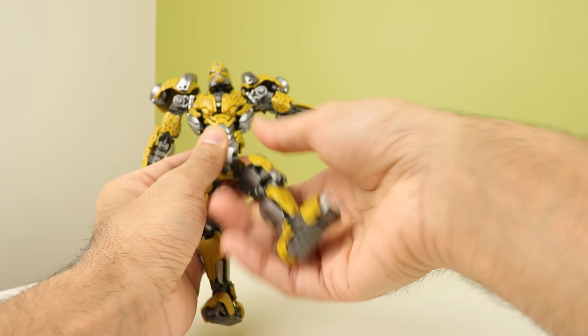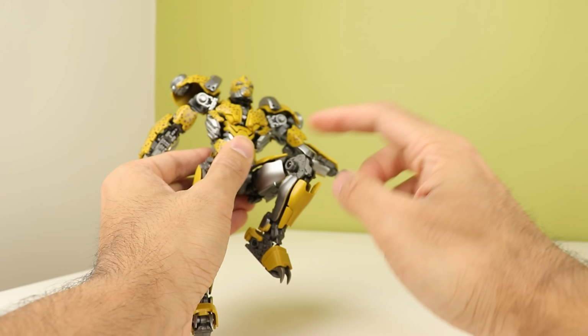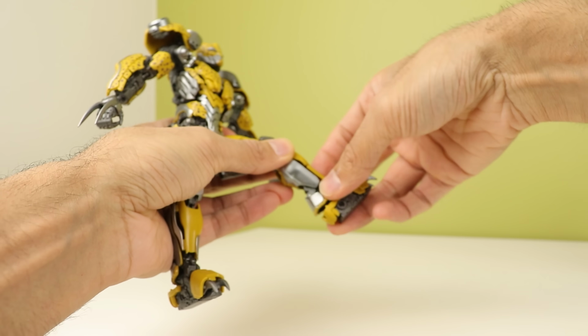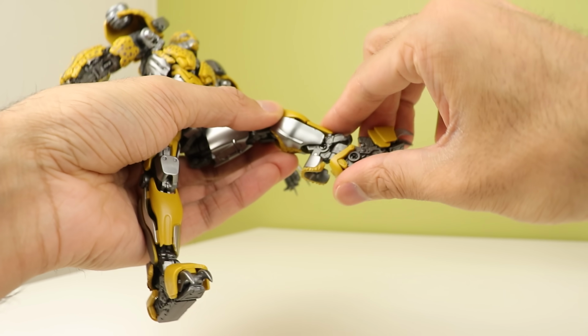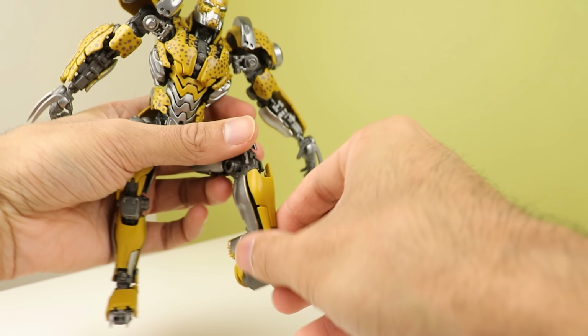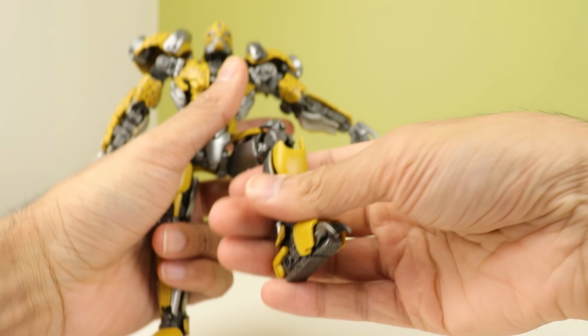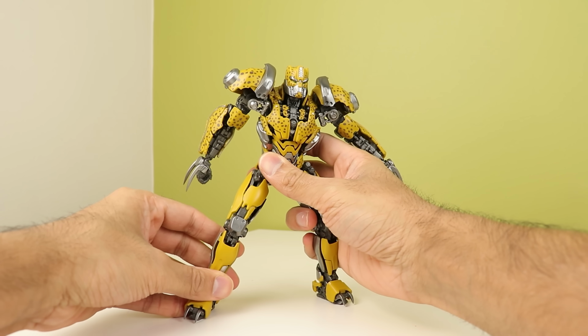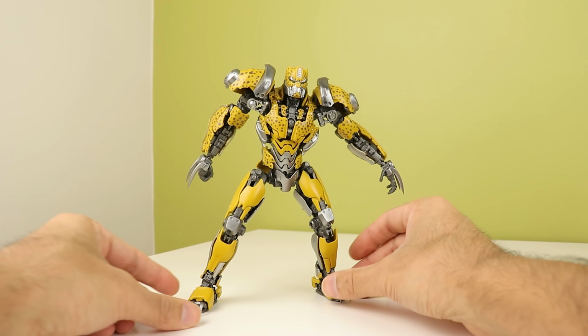You've got thigh rotation, you have double jointed knees with a movable knee pad, and the ankles, this panel right here moves out of the way to accommodate the ankles going down. They can go up, and you have ankle pivot about that far. And these toe claws are also very pointy. But he's extremely posable. The only problem is, just due to the nature of the Rise of the Beasts Cheetor